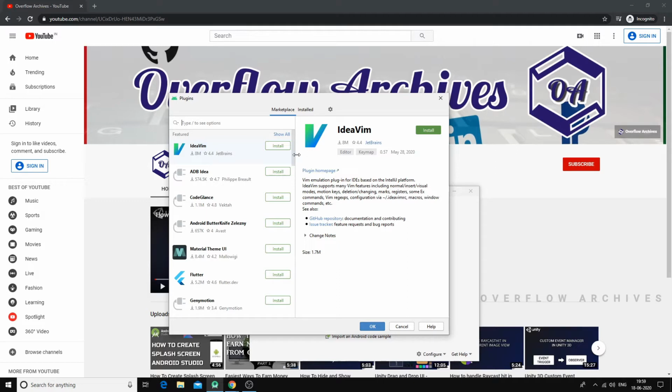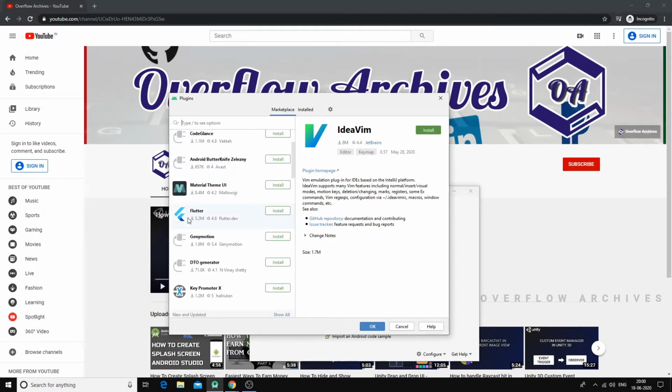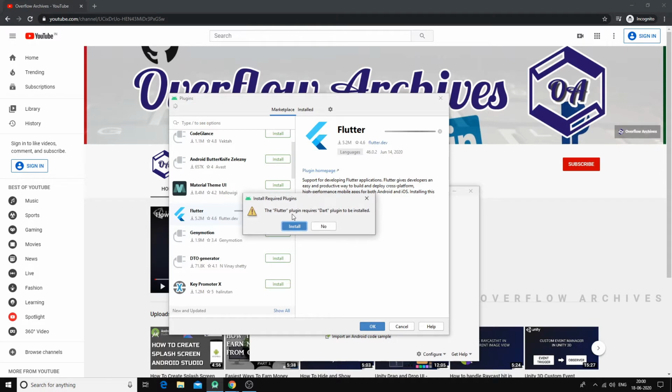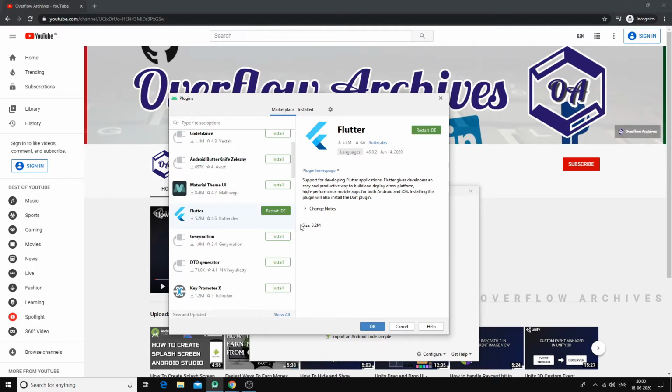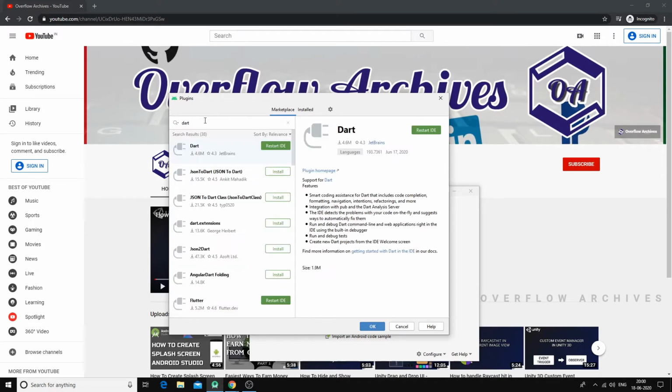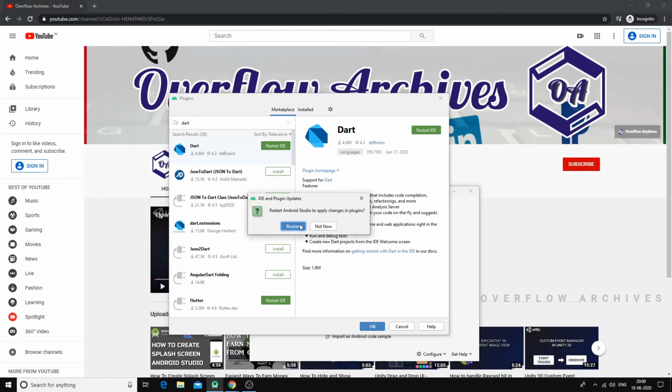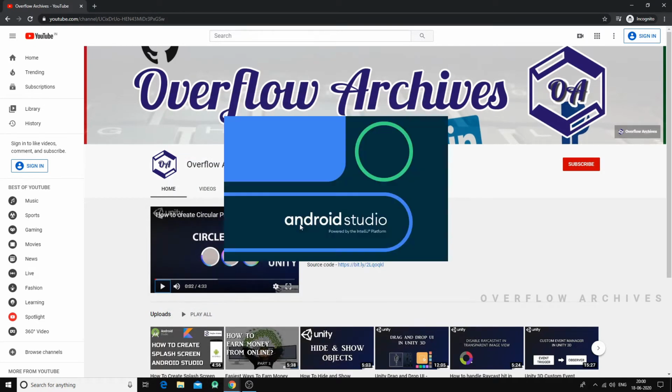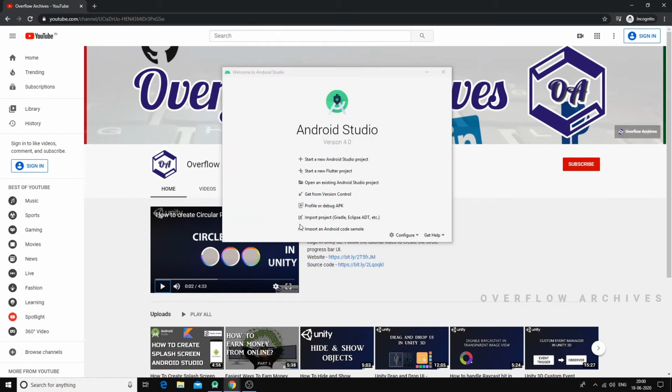The plugins will get listed here. Now select Flutter from the list and hit install. It will ask you to install Dart also, continue to install both. Now the plugins are installing. After the installation of Flutter, you can see that the Dart plugin also got installed. Once the plugins are installed, you have to restart the IDE to make sure they are updated. We have installed the Flutter plugins.